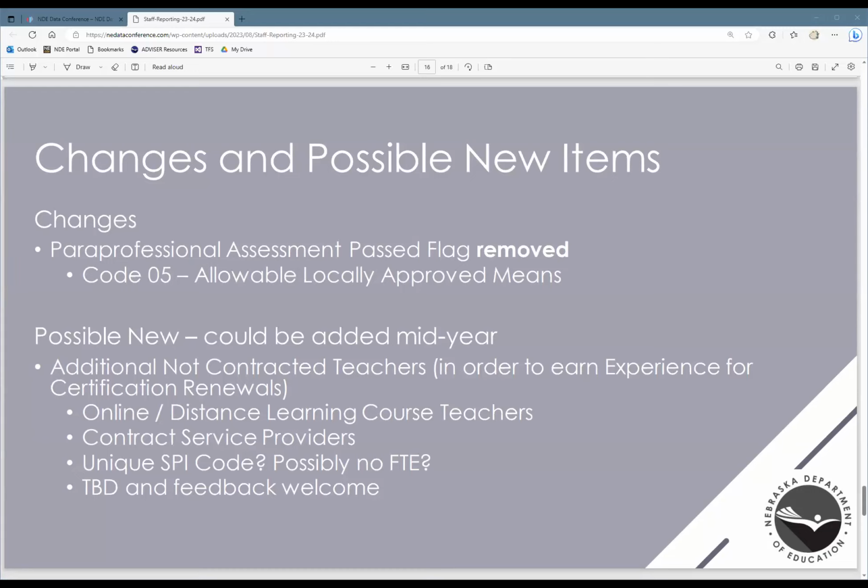This is for state licensed people that are not with a public district, a non-public district, or an ESU. But I believe there are other types of staff that still get certificated because they work with students, but are not covered by anyone that sends us data through staff reporting. I think maybe that could be a contract service provider, something like that.